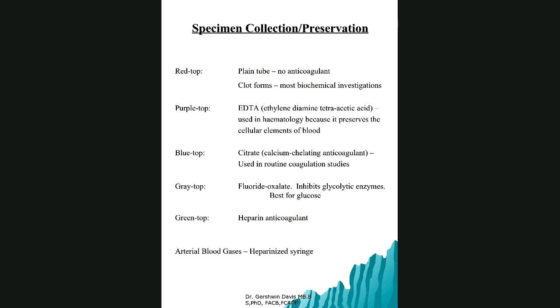For example, if you're doing a stat sample, an immediate sample, you're going to need a green top tube that contains lithium heparin. Why? Because you don't want to falsely elevate the sodium if you're using a sodium heparin tube. So that's very important. Those green tops are heparin. At least in our setting here at Mount Hope, we use a green top syringe to do your blood gases. Yes, arterial blood gas, you mentioned that, and that green has either lithium heparin or sodium heparin. But what else do we use green tube for?